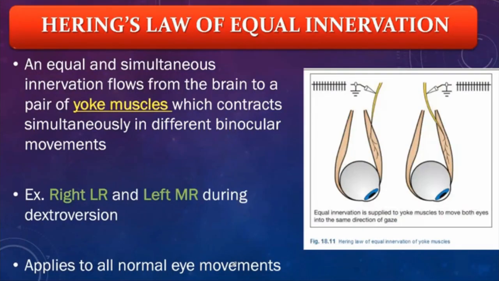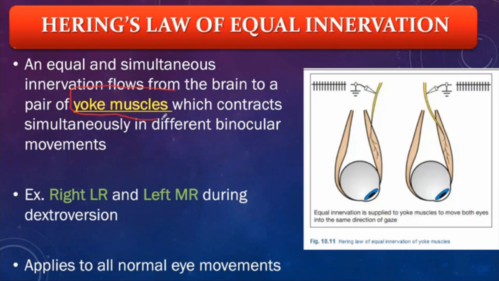Now, after understanding the previous terms, we need to understand two important laws. The first law is called the Hering law of equal innervation. This is one of the most important laws in ophthalmology, governing the movement of extraocular muscles. This law states that there is an equal and simultaneous innervation from the brain to the pair of yoke muscles,